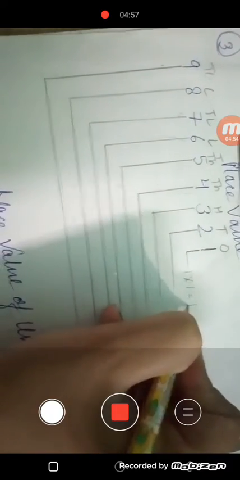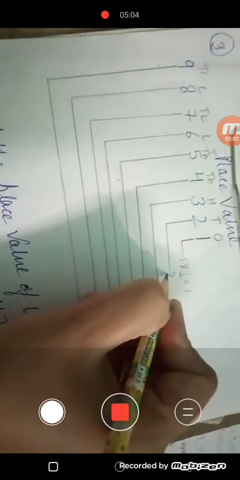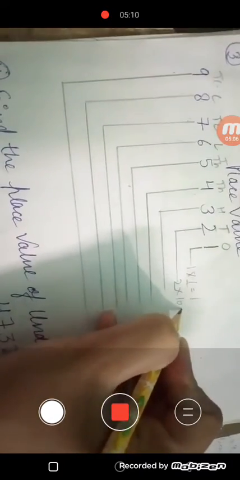Now we have to do this question in this manner. So I have created this. I have 1 on ones place. So what do I have to do? 1 multiplied by 1 will become 1. This is on ones place, so we have to multiply this one with 1 only. Then we have 2. 2 is on which place? Tens place. 10 means 1 zero. Then our answer will be 2 tens are 20.